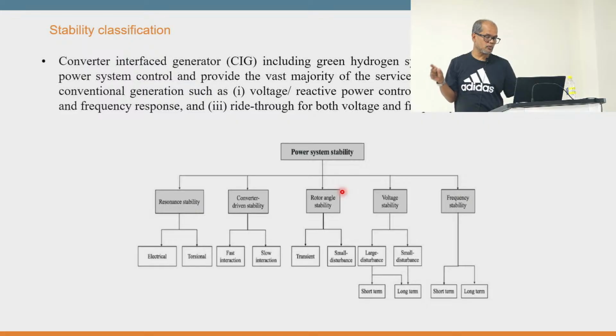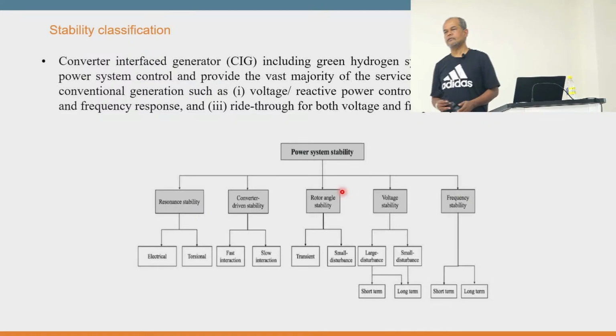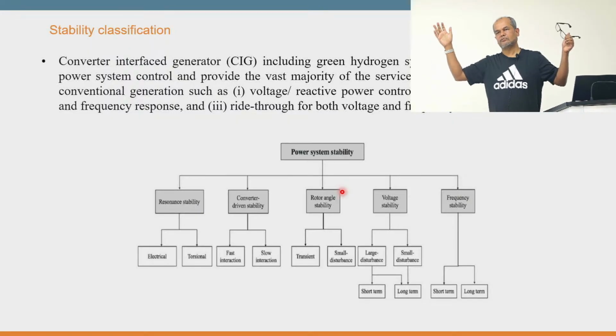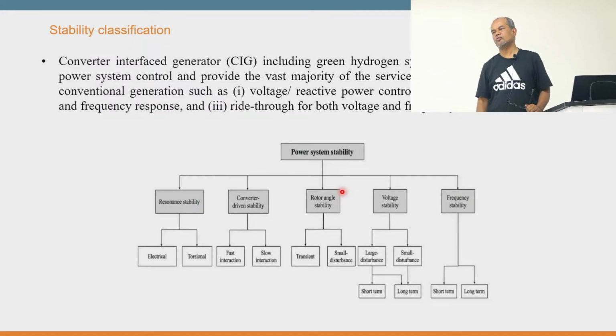Previously, most power grids operated very conservatively. Conservatively means that if one transmission line has the capability to transfer, let's say, 20 megawatts, then they were transmitting only 5 or 10 megawatts. So they were always operating at